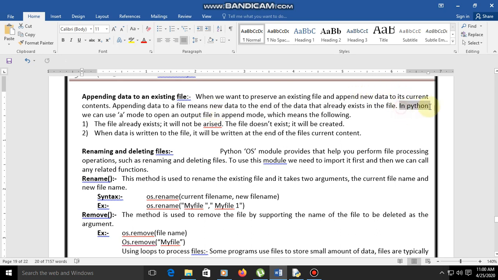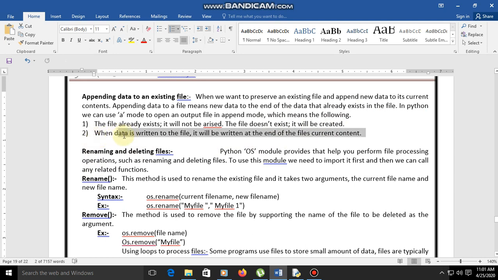In Python we can use a mode to open an output file in append mode, which means the following. One, if the file already exists, it will not be erased. And if the file does not exist, it will be created. So if the file already exists, it is used here; if it does not exist, we create it.